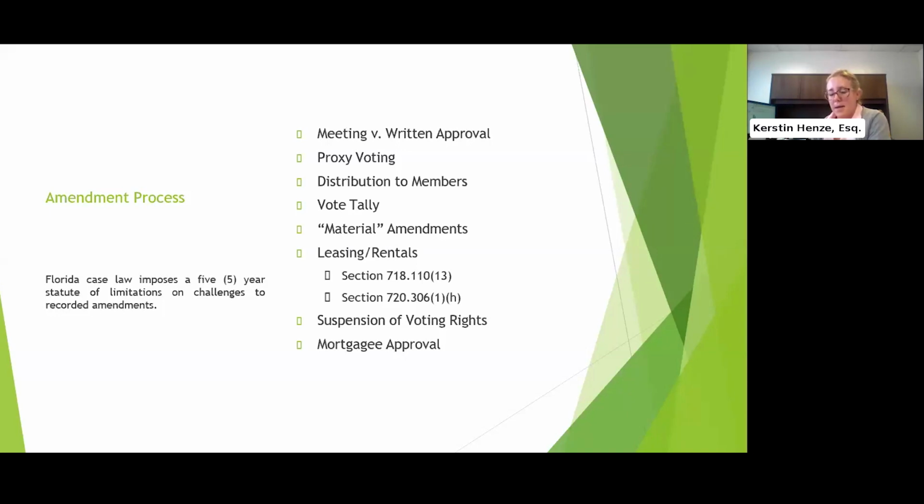Typically, amendments to these provisions would be considered material, and under both 720 and 718, they would require the vote of 100% of the owners plus mortgagees.